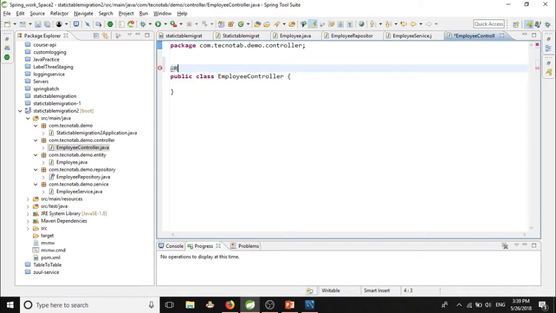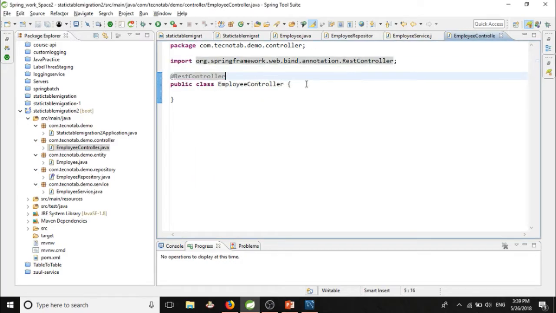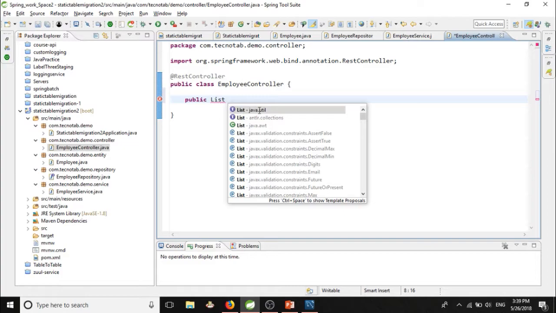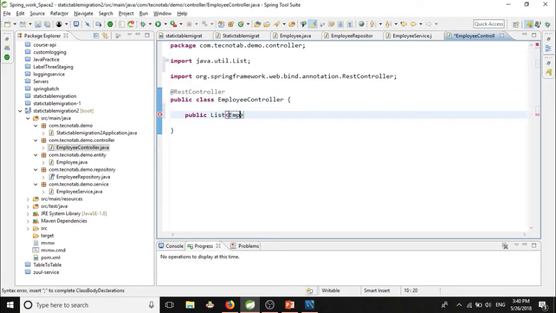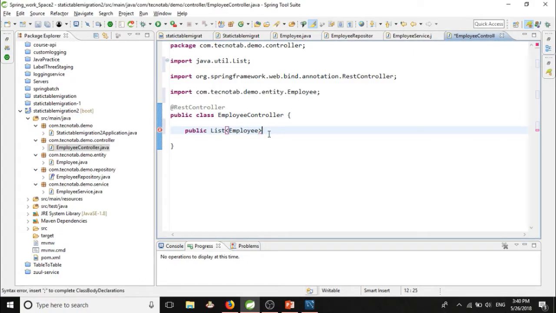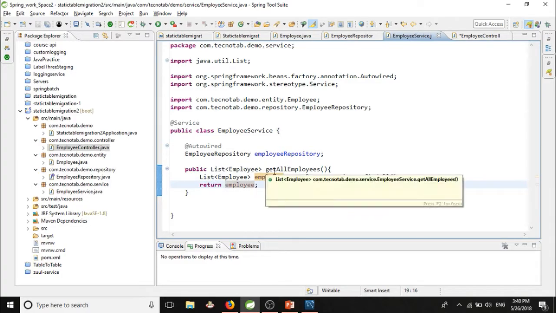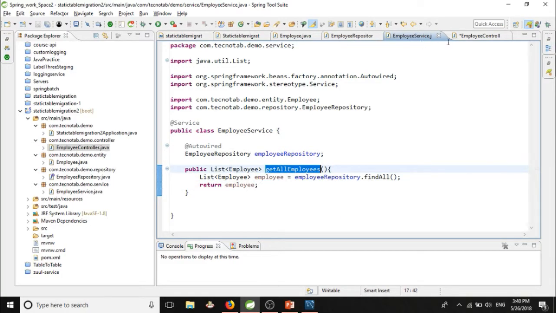So @RestController, and in this controller we should give a method which will call the actual service.